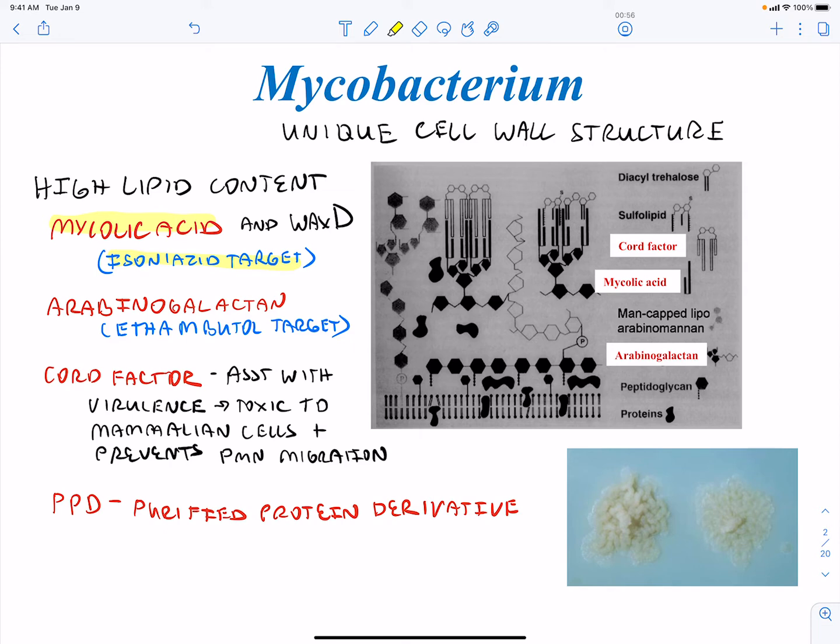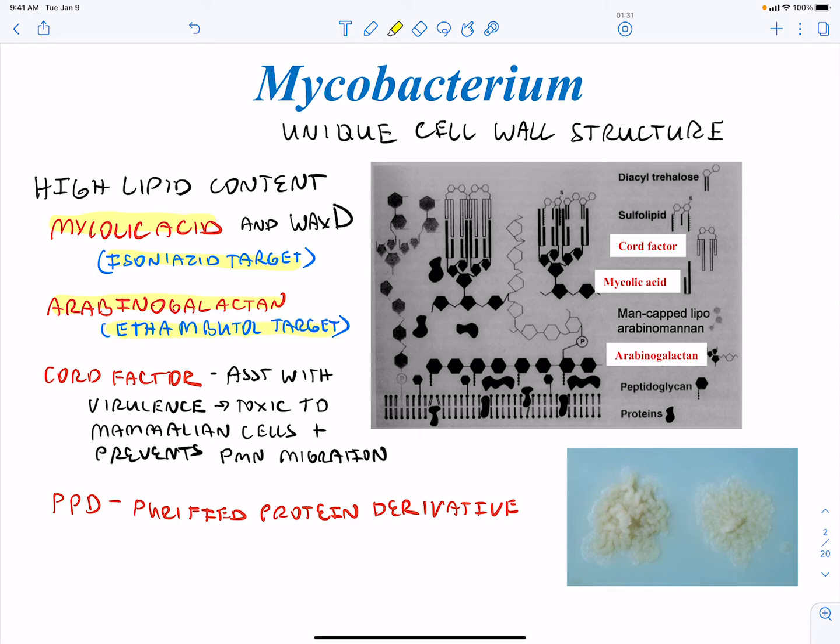And then you're also going to have arabinogalactan, which is going to be in the outer wall of the Mycobacterium as well. That one is going to be important for the bacterium connecting the peptidoglycan to the mycolic acid cell wall. There is also a cord factor, and this arabinogalactan is going to be a target also of our